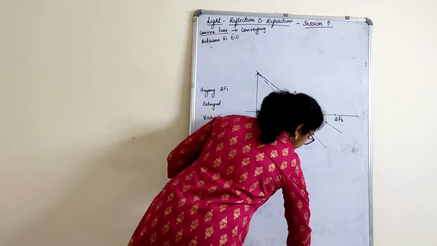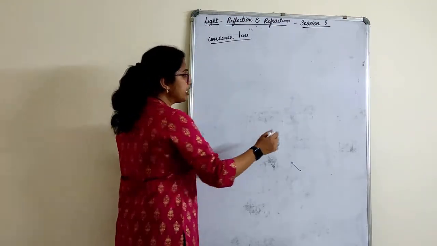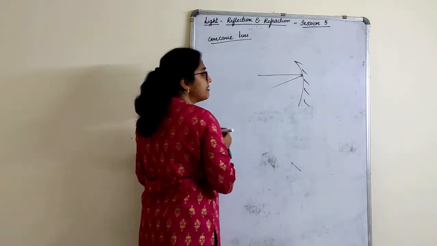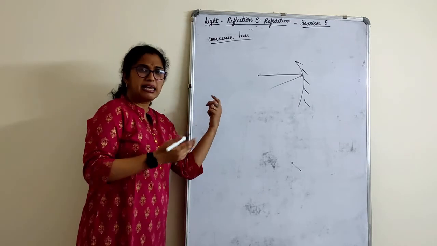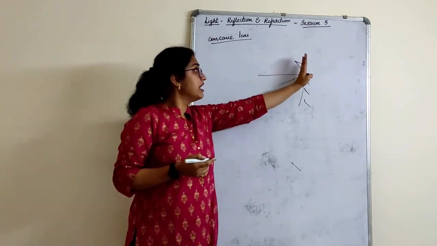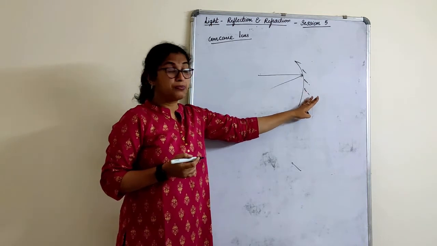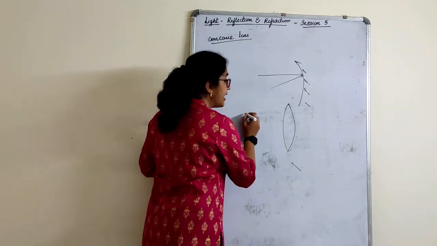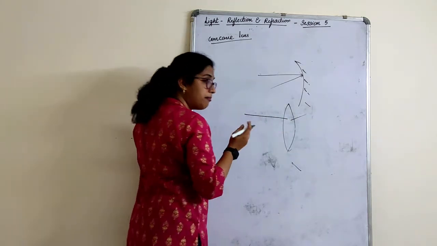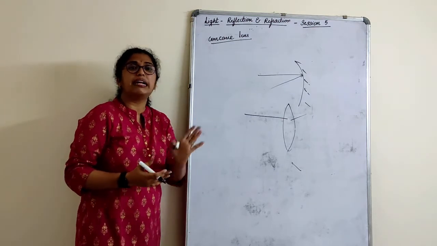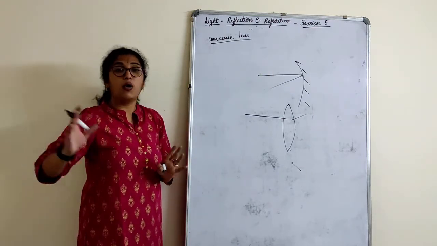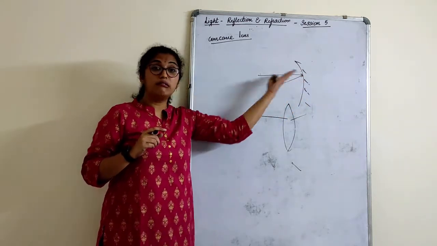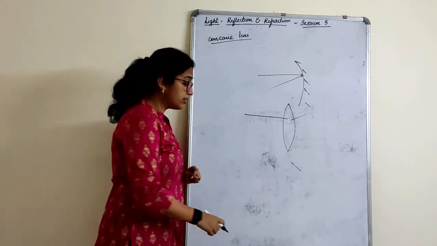Now let's have two ray diagrams for concave lens. One thing you remember: this is a mirror, right? Any ray which hits the mirror has to retrace back, in either the same path or a different path, as we have understood, because the other surface is a rough surface. But since a lens is a transparent medium, any ray which enters will actually come out, but how it comes out, it bends and it comes out. It has to come out of the lens. In the mirror, it cannot go; it has to retrace in the same path only. That one thing you remember.